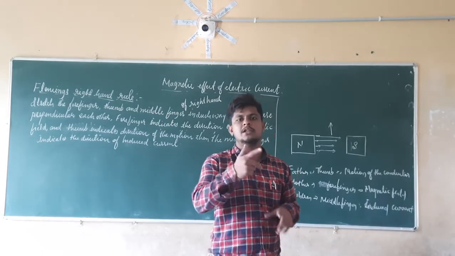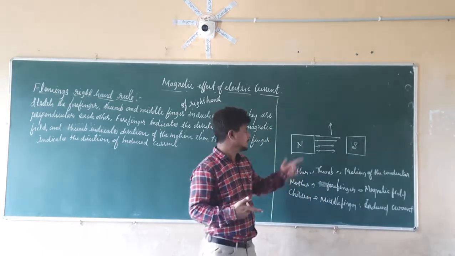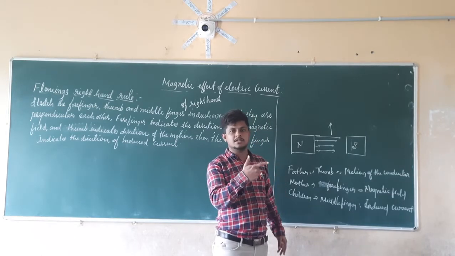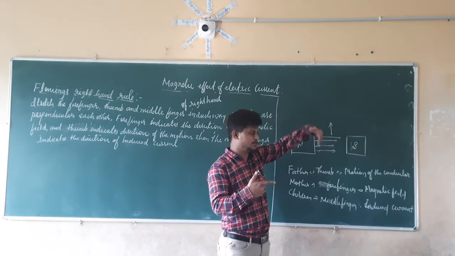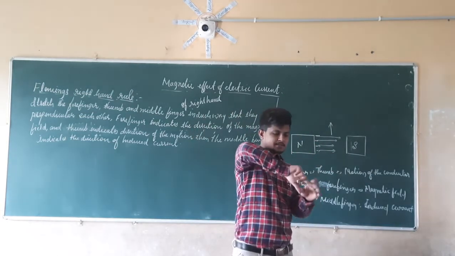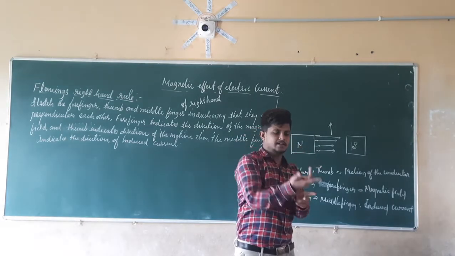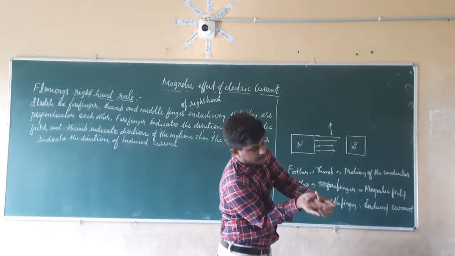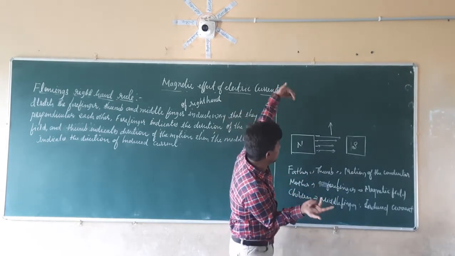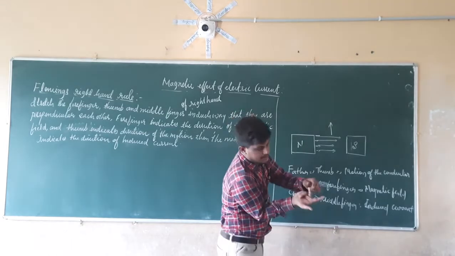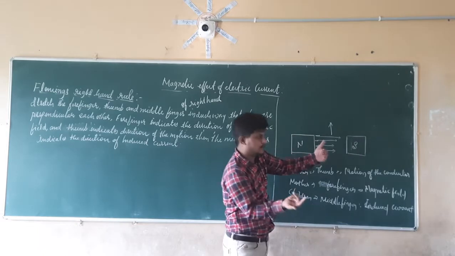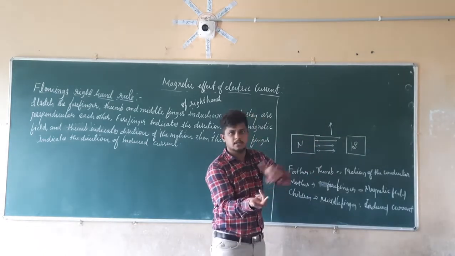So again we are going to use Fleming's right hand rule. The magnetic field direction is the same. This time the conducting material is moving in the downward direction. So this is the direction of the magnetic field, and this is the direction of the conductor, which is moving downward in the second case. In which direction is the current coming now? The current is coming outwards from the board.